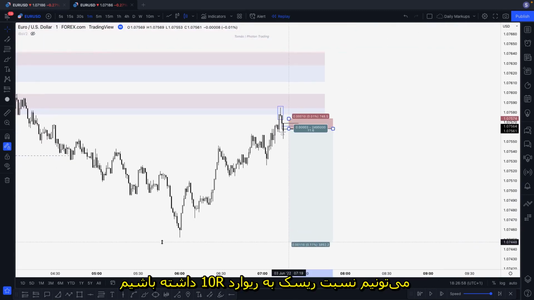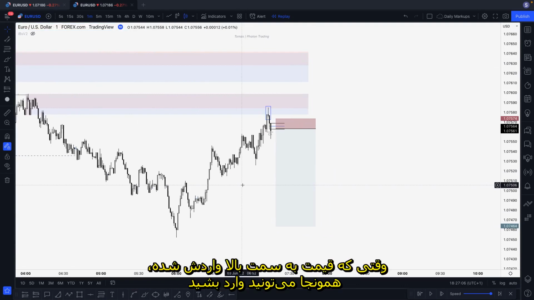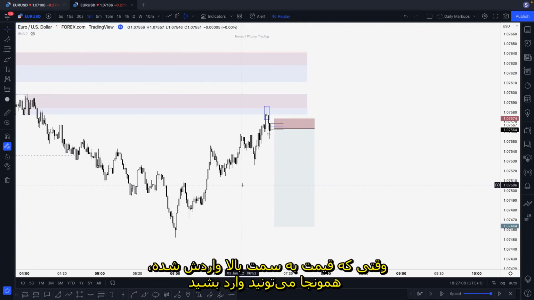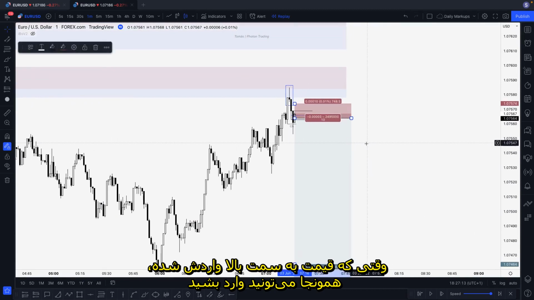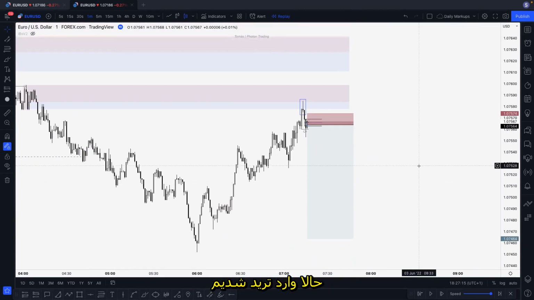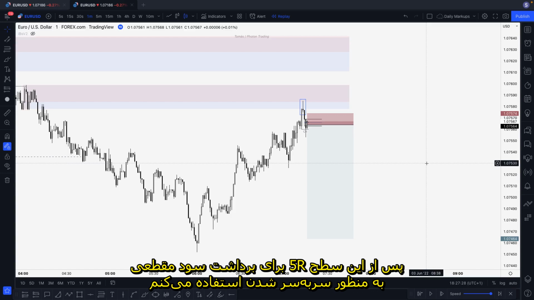You can target the low, but I will just put 10R. Okay, so when price, you can see that price straight away push to the upside, you can just smash on market execute. So yeah, we're still in the trade. Currently I'm using 5R or around 5R, because if it's like 4 point something and is a good area of value or a logic area of value, I move to break even, but mainly 5R to move to break even,